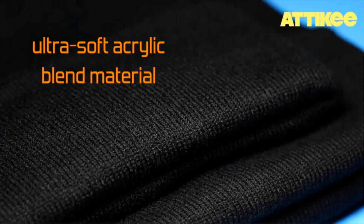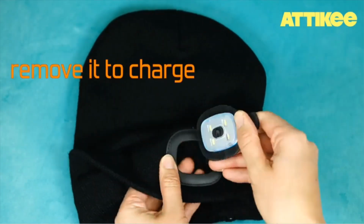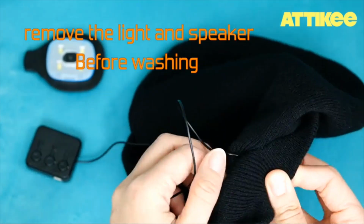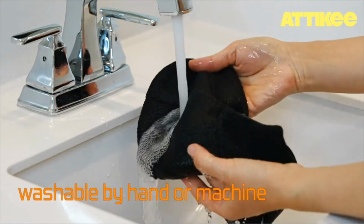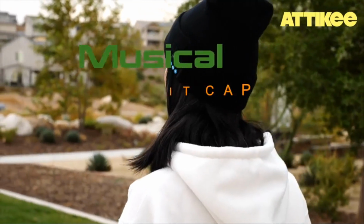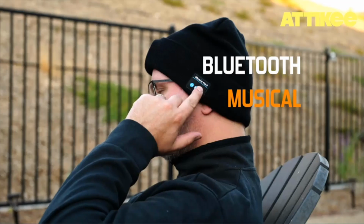The inclusion of Bluetooth connectivity means that users can easily pair their hat with their smartphone or other Bluetooth-enabled devices, providing seamless access to their favorite music, podcasts, or audiobooks while on the go. Additionally, the built-in microphone enables users to take calls without having to remove their hat, adding an extra layer of convenience for busy individuals. One of the standout features of this Bluetooth beanie hat is the built-in LED lights, which